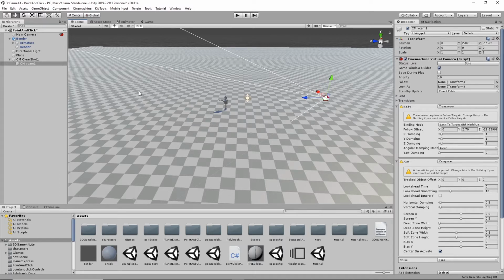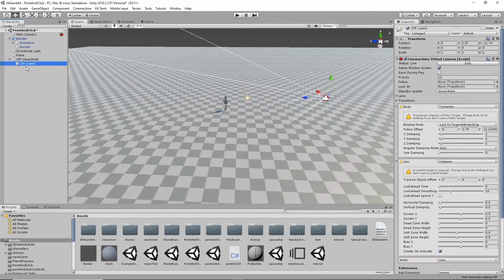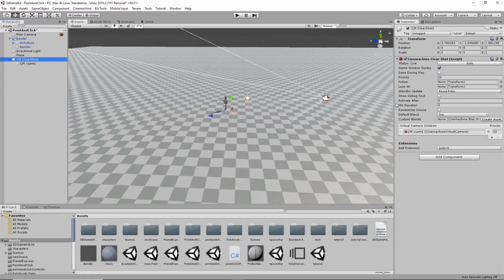And the main thing is we need to, either in the main Clearshot script or in one of these, target something for the camera to look at so that it knows what it's trying to follow. So I'm going to put it in the actual parent script, the group script. And rather than